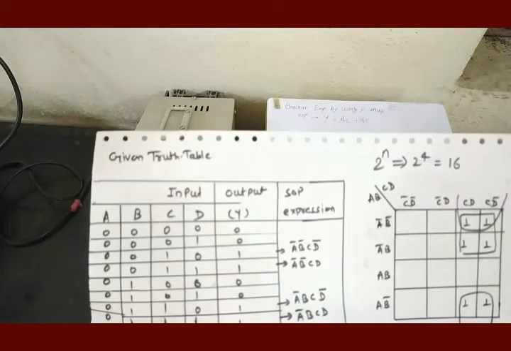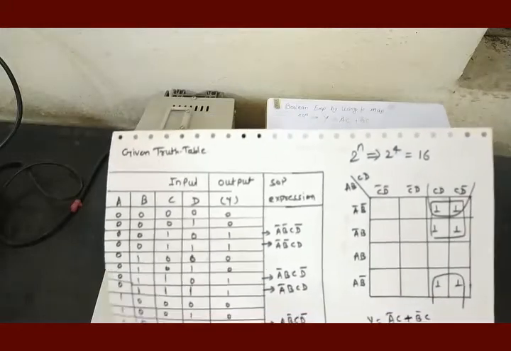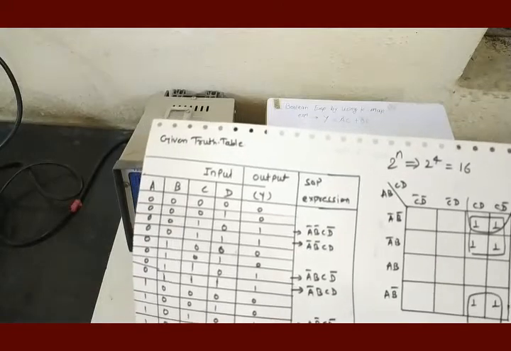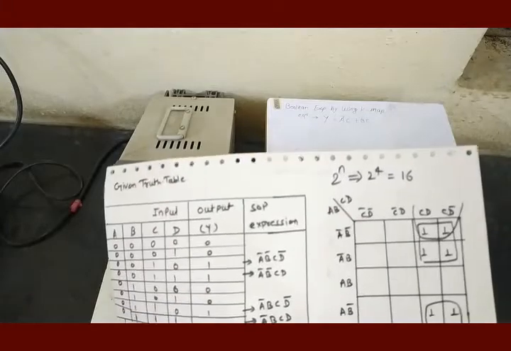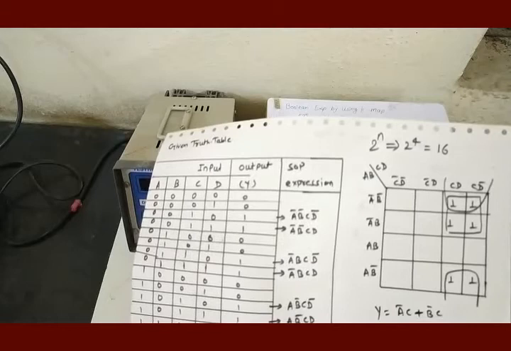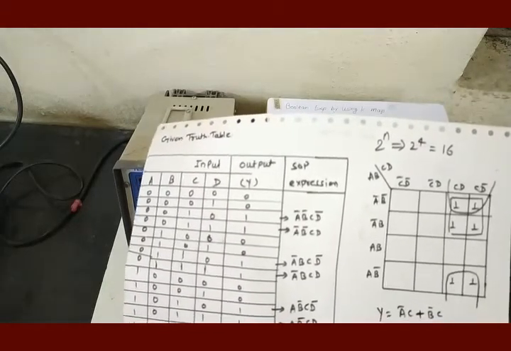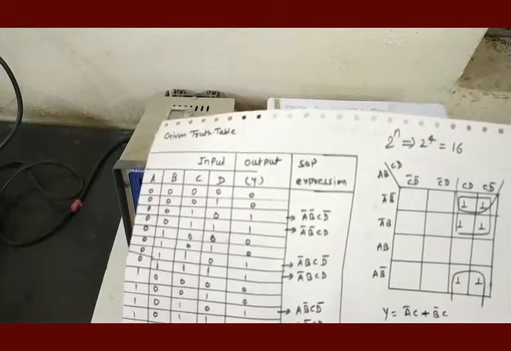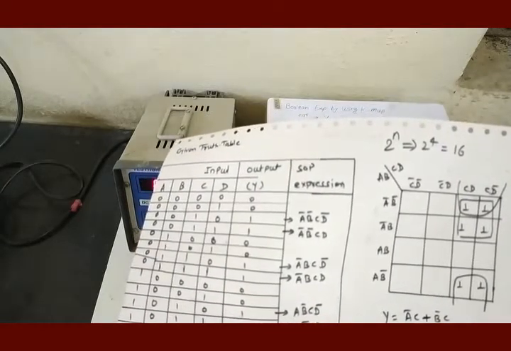This is because 3 variables and their complements get automatically deleted if an octet is formed on the Karnaugh map. If a quad is formed on the Karnaugh map, 2 variables and their complements will automatically get deleted, and therefore after having focused on the octet on the Karnaugh map, we need to focus on the quad. And finally, we can go for pair. Pair, group of 2 ones.